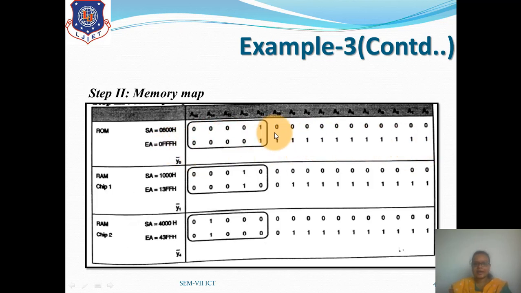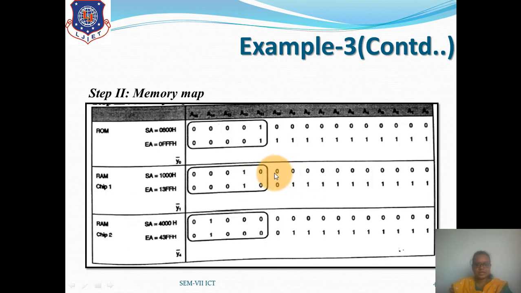So this will be the ending address of the ROM chip, right. Now in this, again second, that is RAM chip 1. So RAM chip 1 having a size of 1 KB. So 1 KB will have a size of 0 to 12, right. So it is 0 to 10, right.